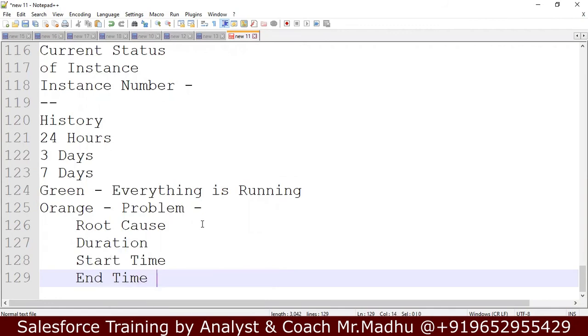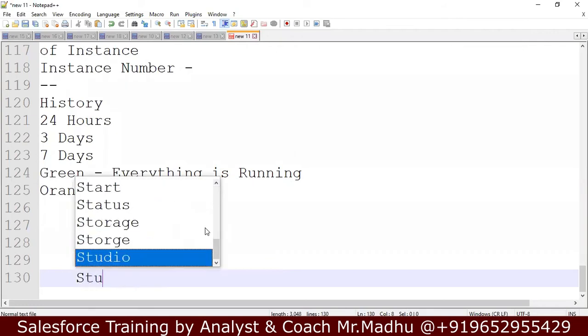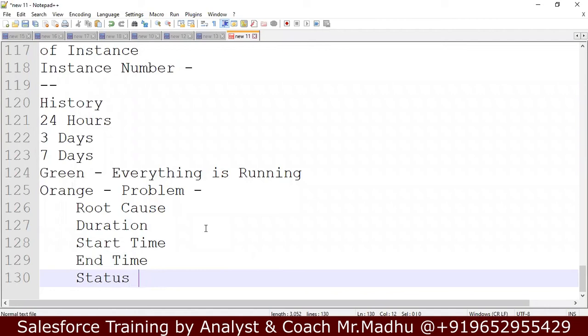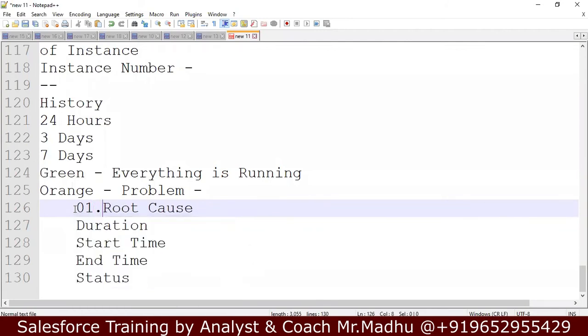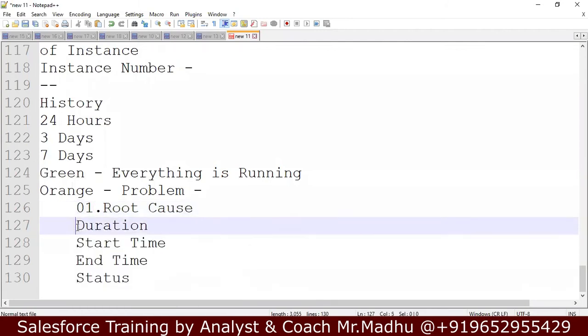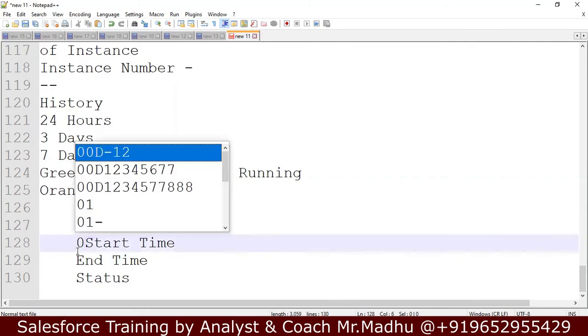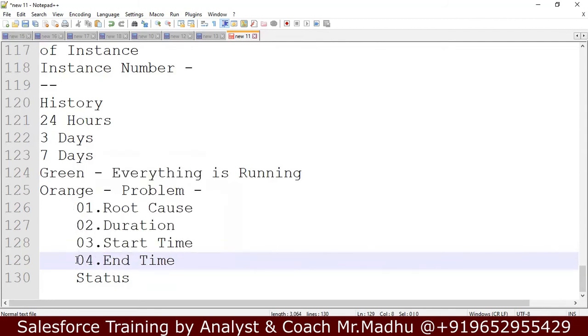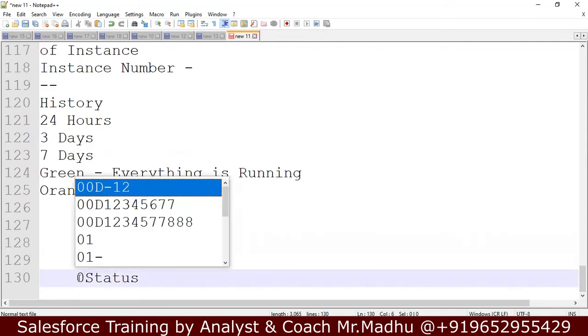For how long orange color is there, and the current status, whether it is resolved or not. These things are available. Five things: one is the root cause of the problem, and for how long that problem is there, what is the start time, what is the end time, what is the current status, whether it is resolved or not.